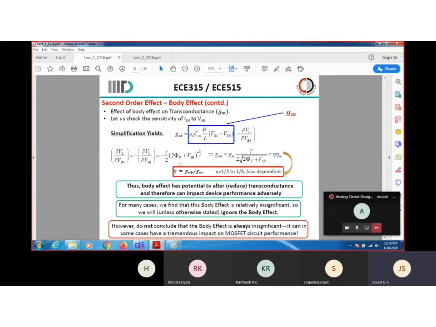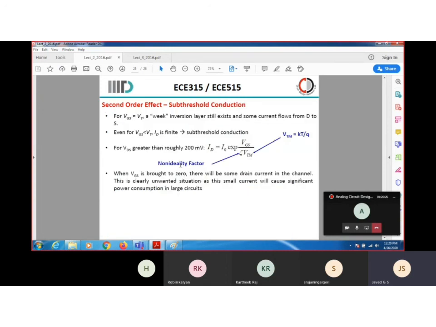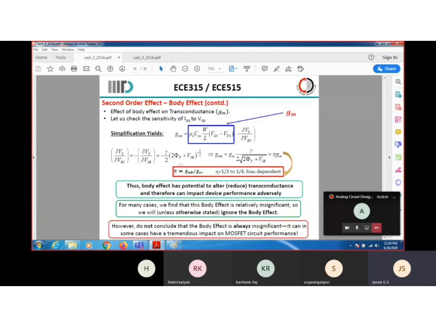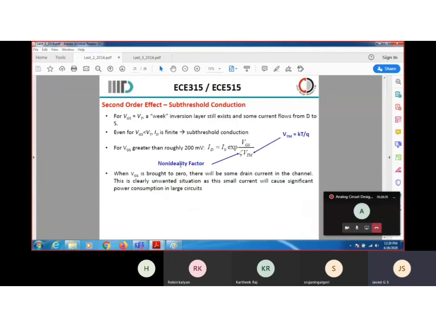So the main factor which affects the PAE with temperature is your VSB. Even though you are not connecting it to your drain voltage, there is some amount of impact that your VT will have with regards to just the temperature and the Fermi potential. So these are all the places where you will see the body effect coming into the picture. But like I said, there are certain conditions on which it is going to become significant only. So for example, next we will see what is the subthreshold conduction. So any doubts that you have with body effect, because we're going to the next section.